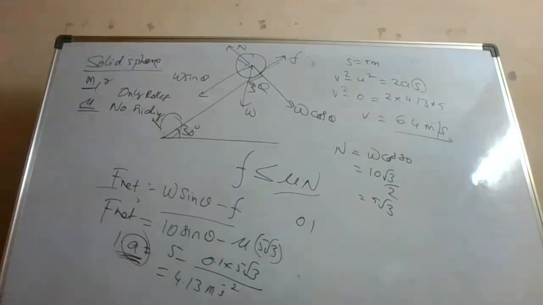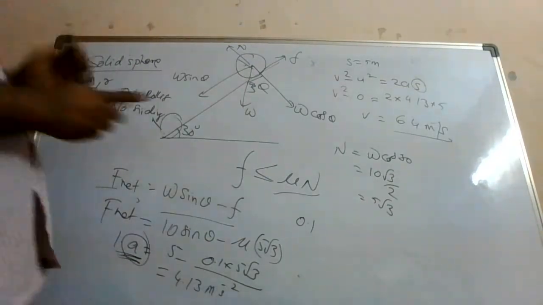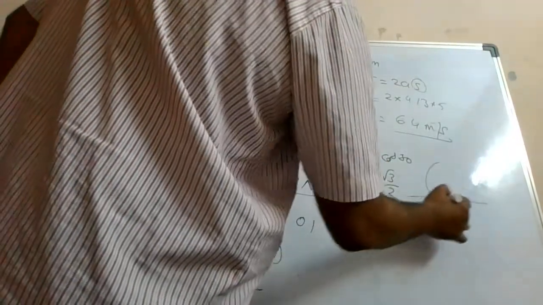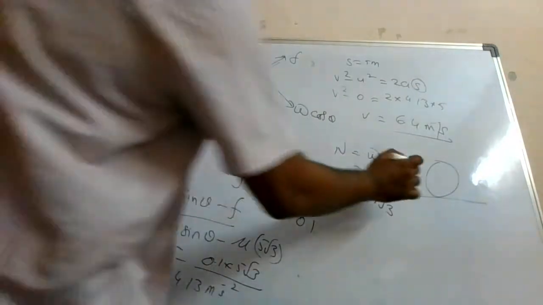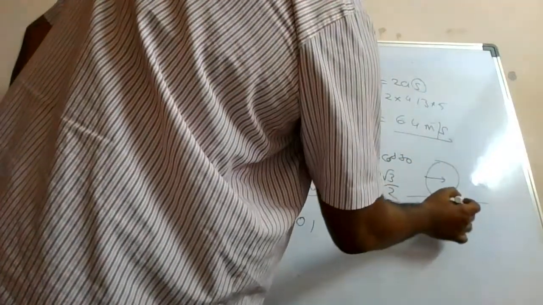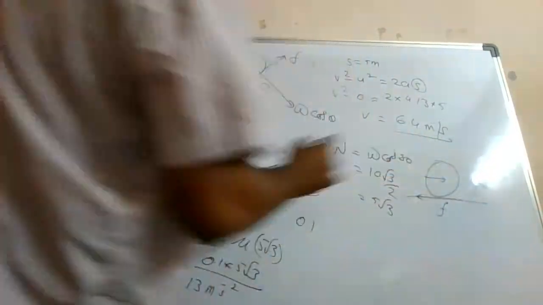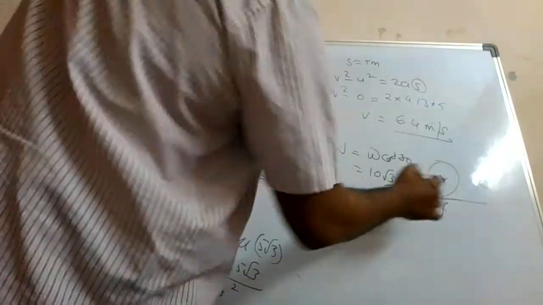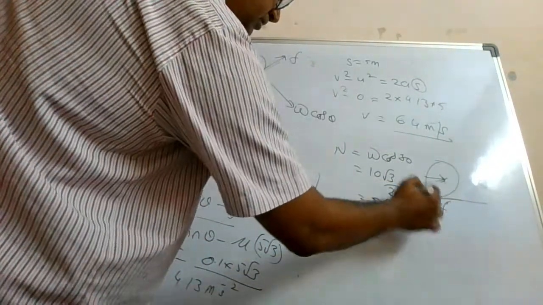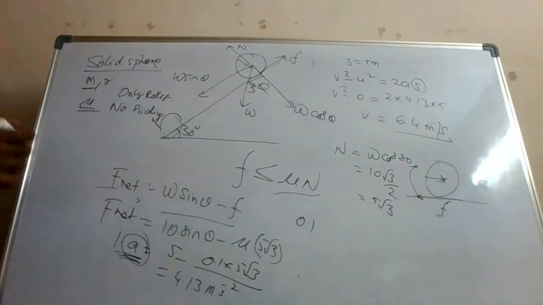If there is no friction at all, where is the question of rolling then? This friction is providing you a possibility for rolling. See, when a surface is there, this is your block. When this block is trying to move in this direction, there is a frictional force developed in this direction. If this is the center of mass, this frictional force is creating a torque, because of which it is trying to rotate.